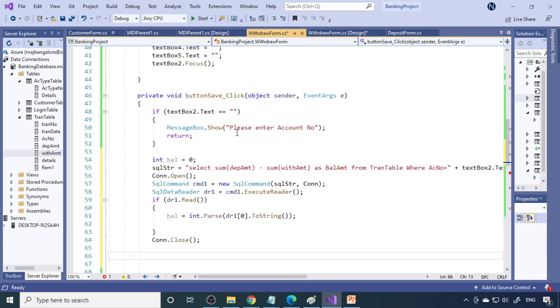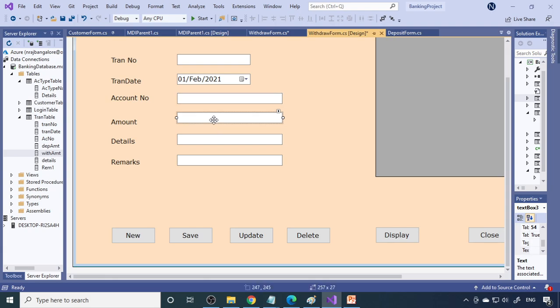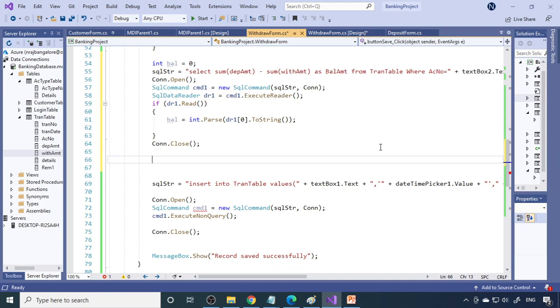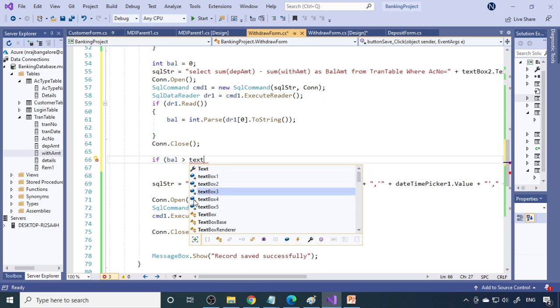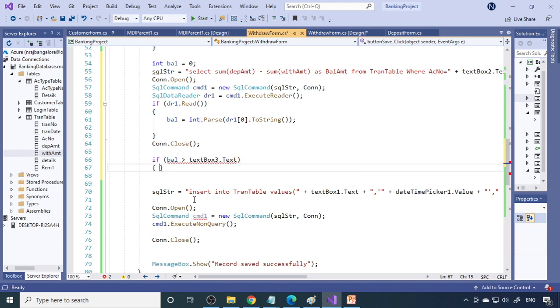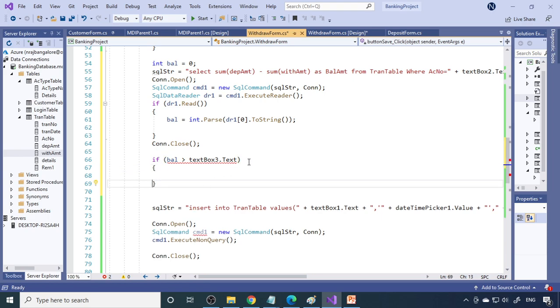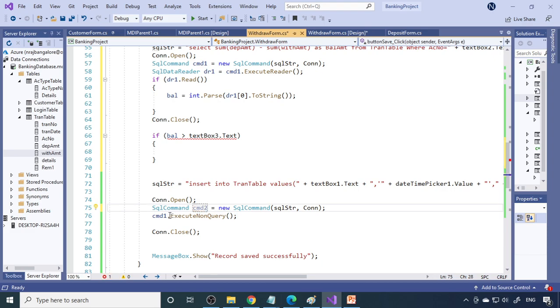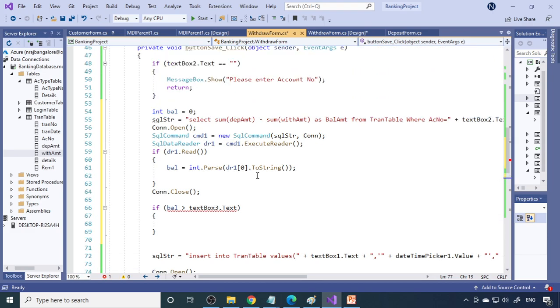Then we need to compare this with the amount in text box 3. So we write if balance is greater than text box 3.Text. Here you can see that cmd1 is showing an error because we already used cmd1 here. You can't use it again, so you write cmd2 here. Then the error is not there.